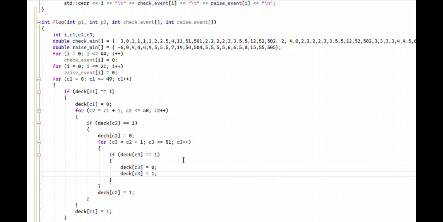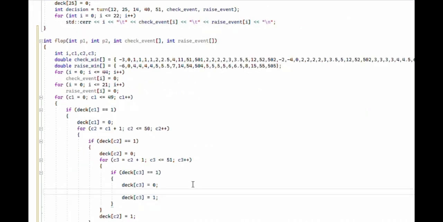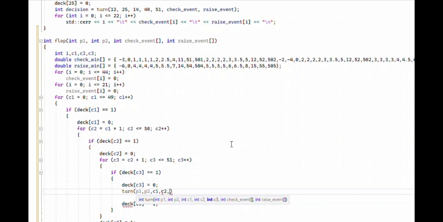And now we're ready to write some code where we pass this information onto the turn function. We are now ready to call the turn function, which we wrote in part 4 of this video series. And we are going to pass to it the player's two hole cards, which are called P1 and P2, those three community cards, which we just determined, and